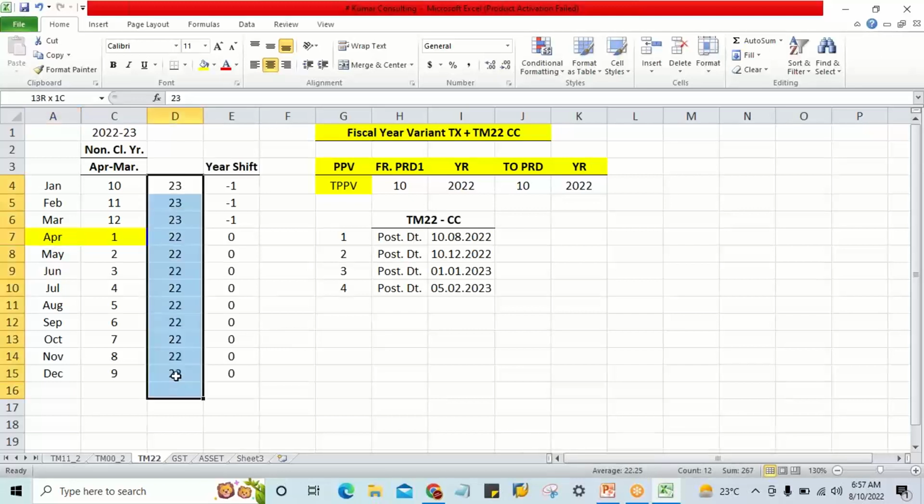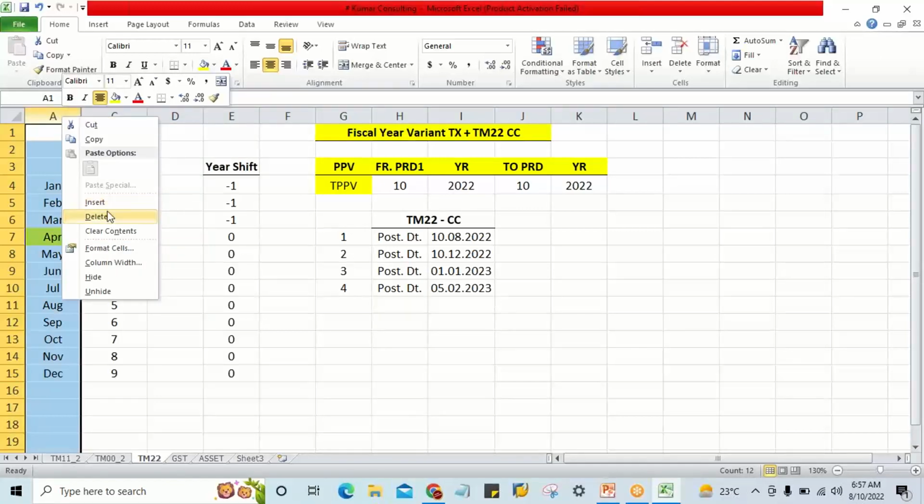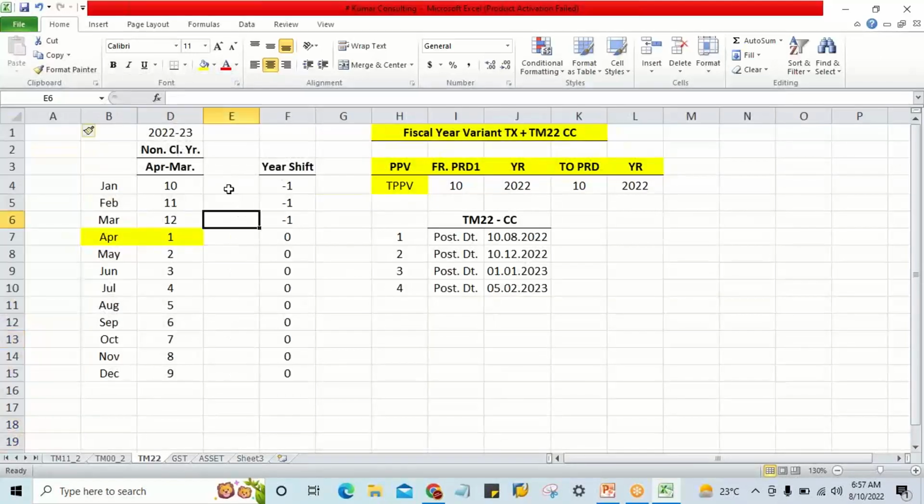Now let me do one thing. Let me delete. So now we are having another one. I'll just ask you people. Here I'll be having October to September. Try to understand this, and then you guys have to tell me what should be the year